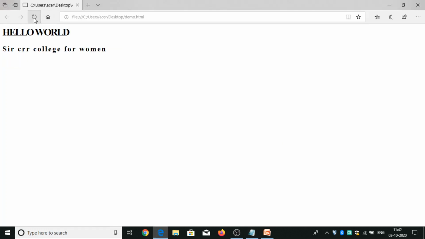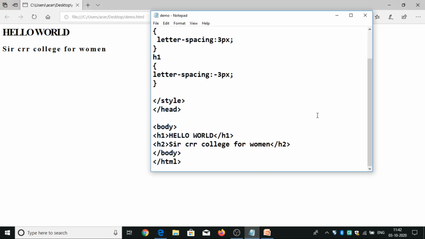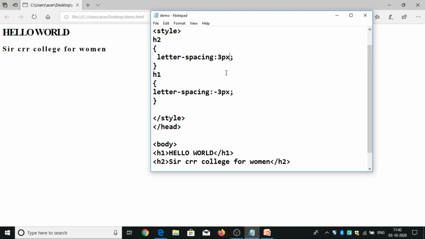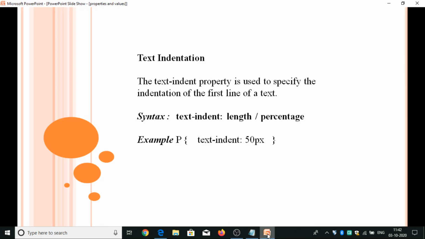If you observe this, I have given letter spacing for these. Letter spacing for H2 is 3 pixels and H1 is -3 pixels. About text indentation.